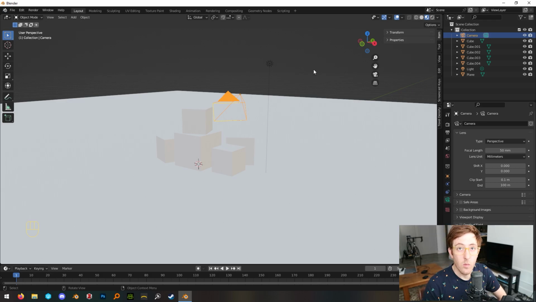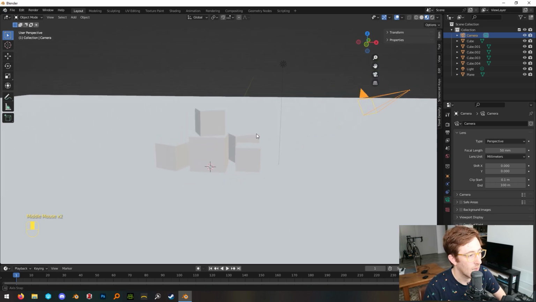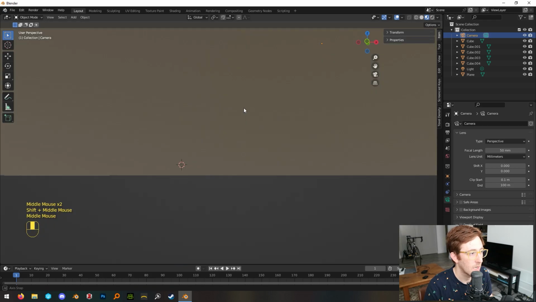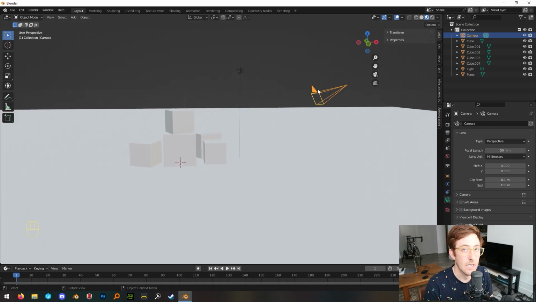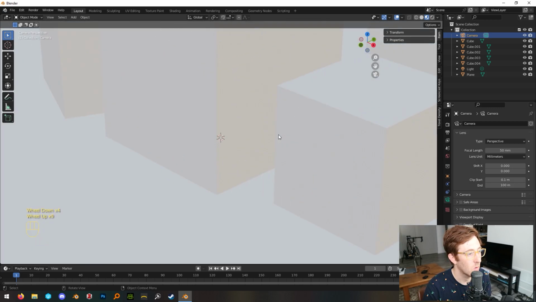So to do that, if you press 0 on your keyboard, it's going to take you into the viewport of the camera. So if you can see, for example, like the camera is looking this way, maybe from the side, it'll be a little easier to see. It's sort of looking at our objects, and we haven't moved it, so that's the default position of this camera whenever you first open the scene. If you hit 0, it's going to put your viewport camera where the camera is so that you can look through the camera. So this is currently what the camera is seeing. You can zoom in and out,